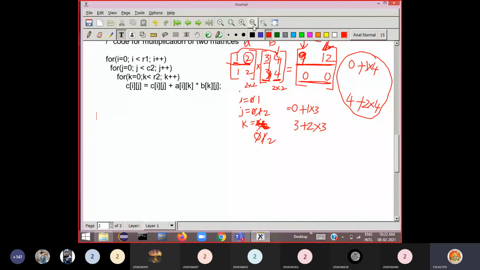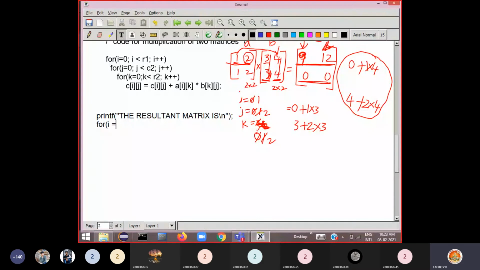You know how to print a matrix. Just print here, printf "The resultant matrix is". So you know the code for printing a matrix.